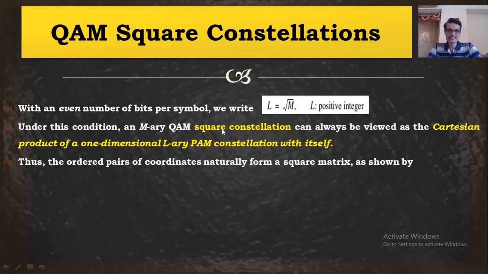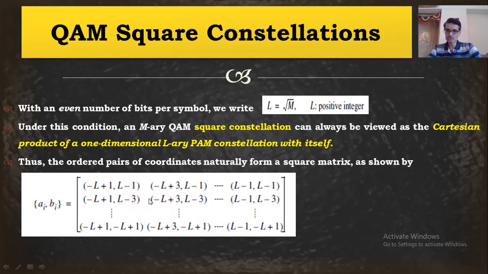Now, how do we draw the signal constellation diagram? I said we need two PAM signal constellations which are orthogonal to each other, and what we have to do is multiply. Let's say this is one, and the other one is this, a mutually perpendicular constellation diagram. We have to multiply; that is the Cartesian product. The Cartesian product of these two signal space diagrams will give you the signal space diagram for QAM, M-ary QAM. Based on that we get a square matrix of amplitude levels. These are the amplitude levels for an M-ary system.